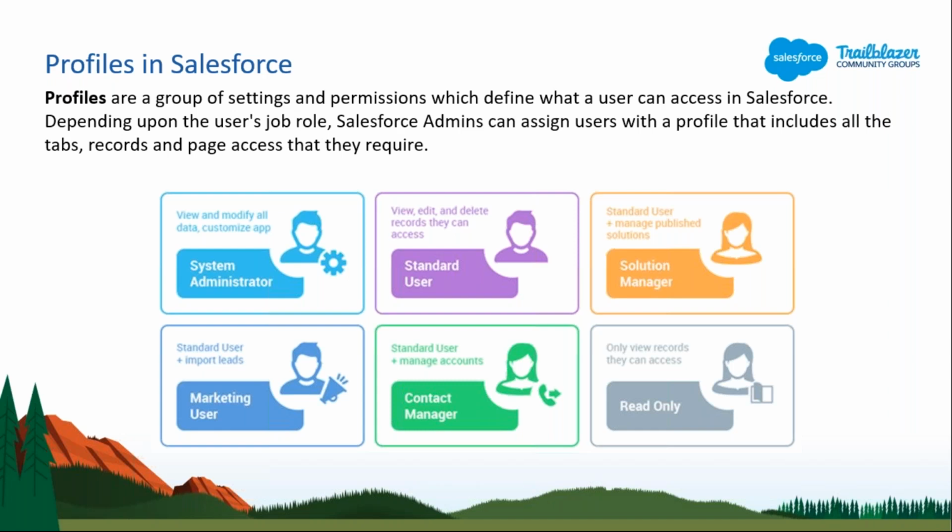Let's say we have 10 users in our organization, and you want to give some specific access to five, and some specific access to the other five. So what you can do is create two separate profiles, and assign each profile to five users. Like let's say we have two departments, sales and